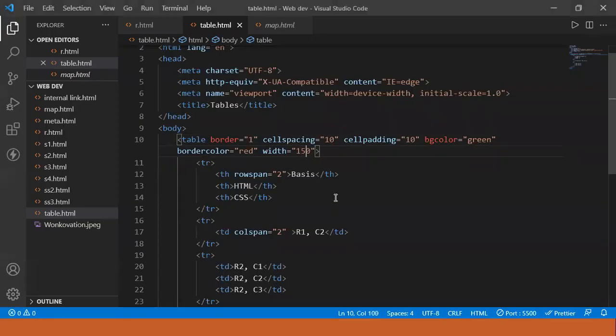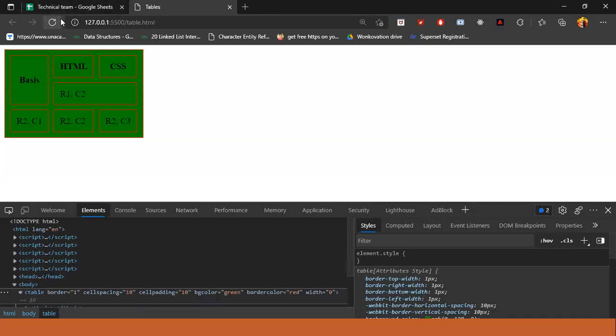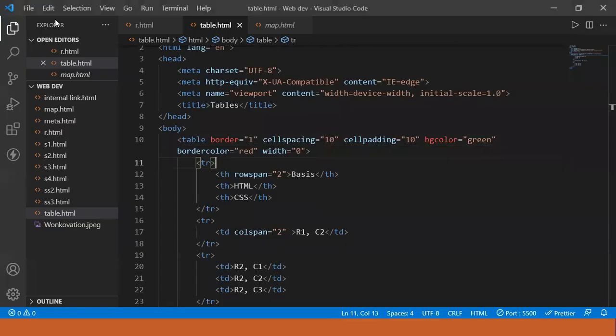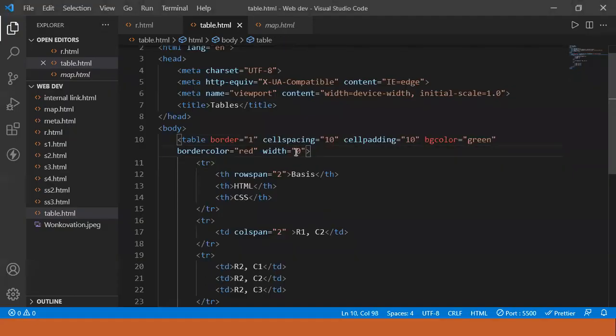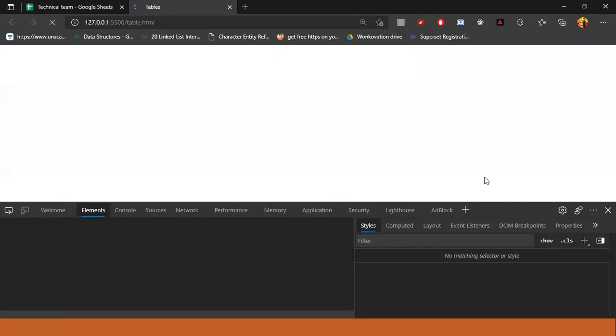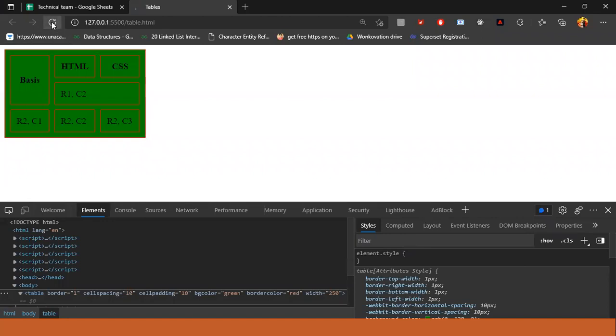Let us say I wanted it to be 250, so it will become 250. Yeah, it has become 250.